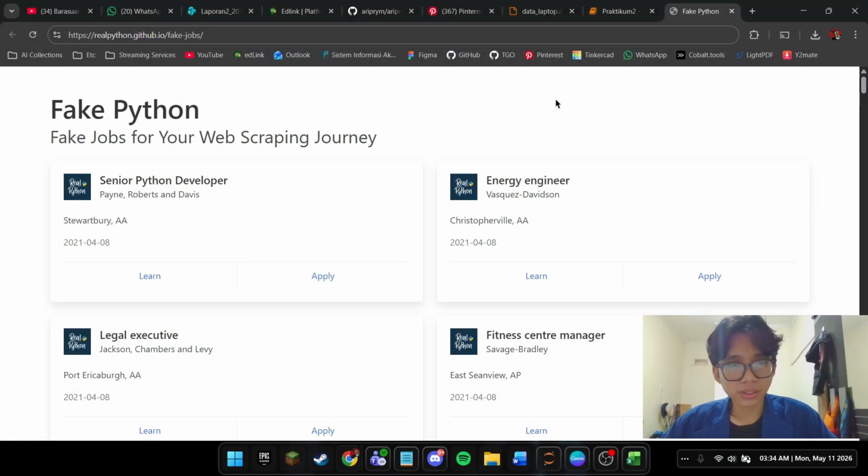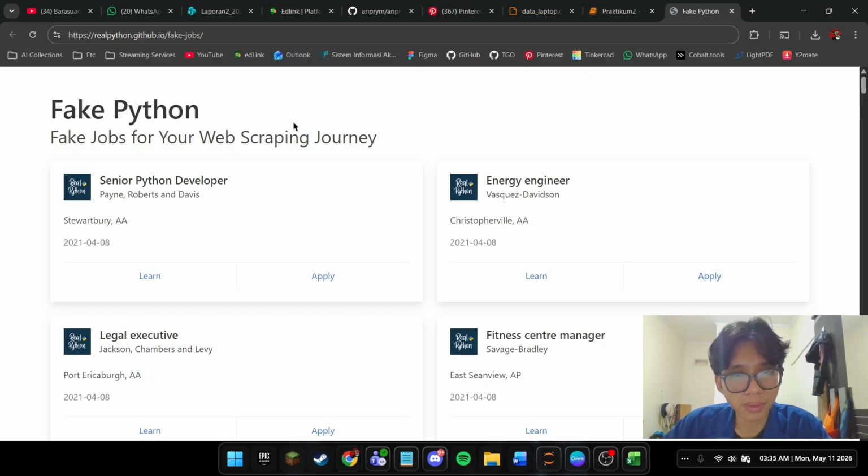Alright, after discussing the theoretical concepts, I will now continue with the practical implementation of web scraping. In the first practical session, I used the web scraper extension available in Chrome DevTools to collect data automatically from a website. The target website is realpython.github.io/fake-jobs, a simulated job listing page specifically designed for web scraping practice.